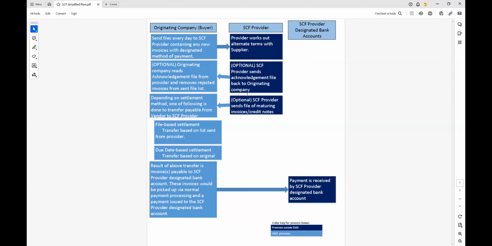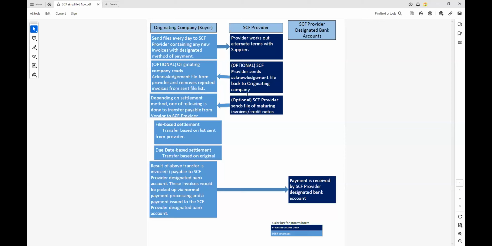One of the rare reasons they wouldn't accept an invoice would be if you sent one that was already past due, and they might reject that. Or if you sent one for a vendor that they didn't have set up yet in their supply chain system, they might reject it there. We can automatically pull down those acknowledgement files, read them in, and then show you if anything we had sent was rejected.